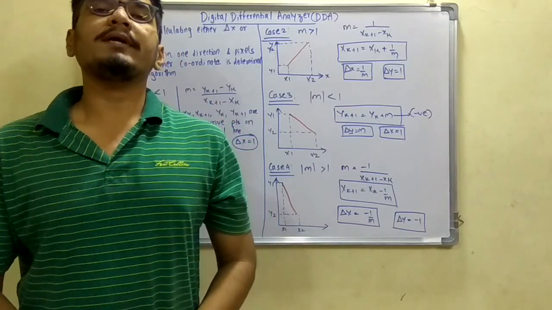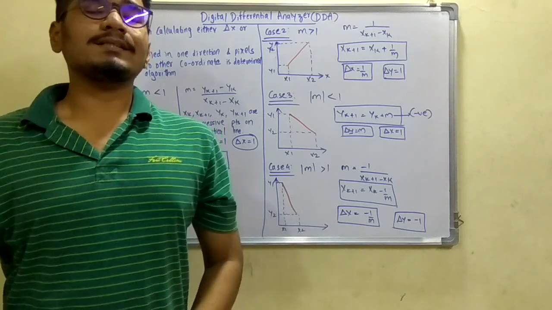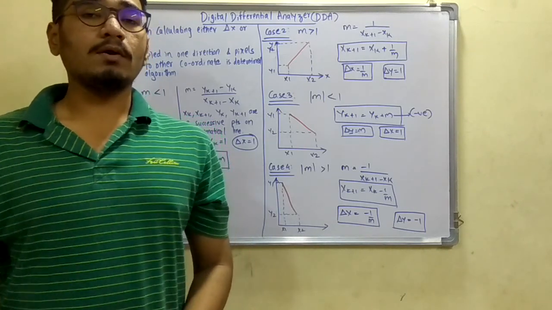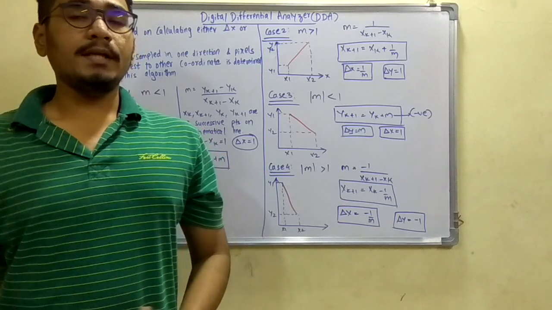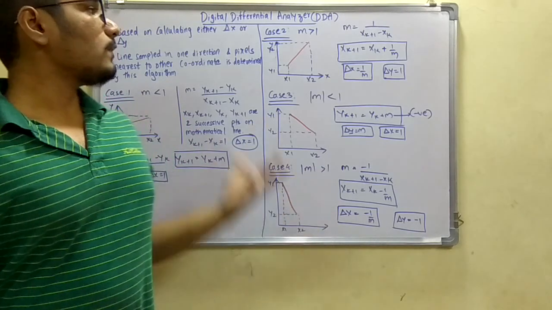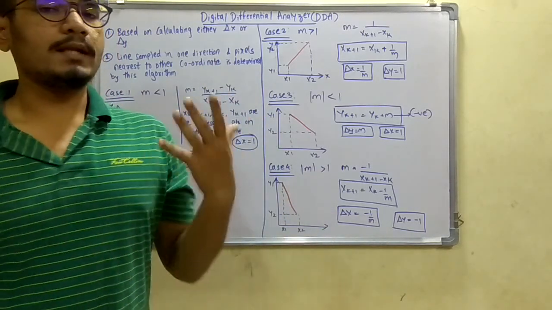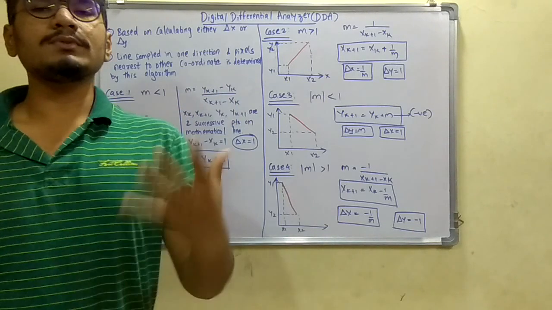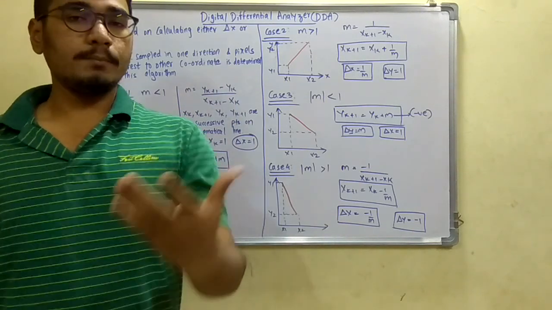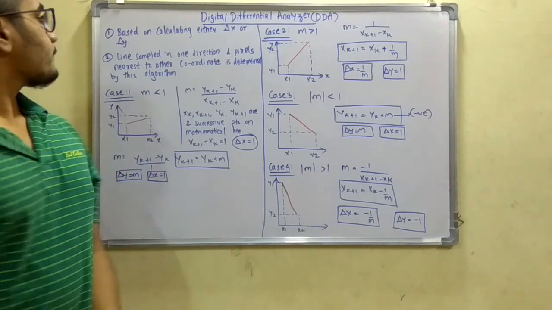In my previous video I discussed the introduction to computer graphics. In that I discussed some algorithms like the line drawing algorithms, and mainly I mentioned the Bresenham algorithm and the DDA algorithm. So today we are going to see what the DDA algorithm, or the Digital Differential Analyzer, is, which is the most commonly used line drawing algorithm in computer graphics. So let's get started. Ready?